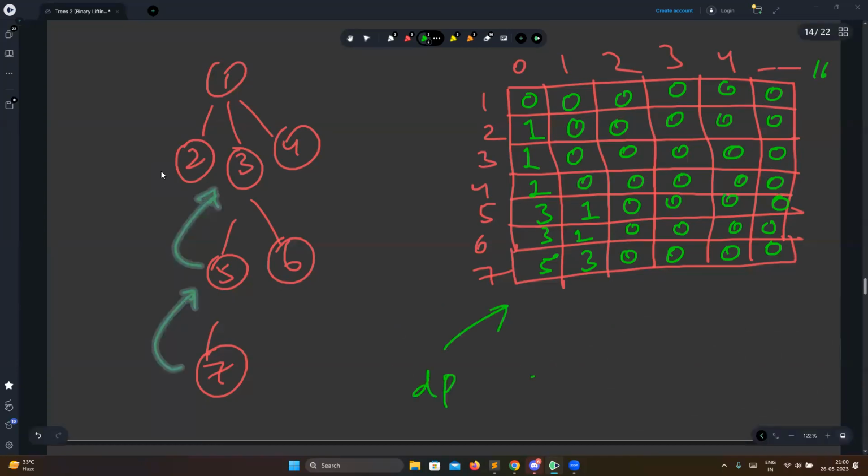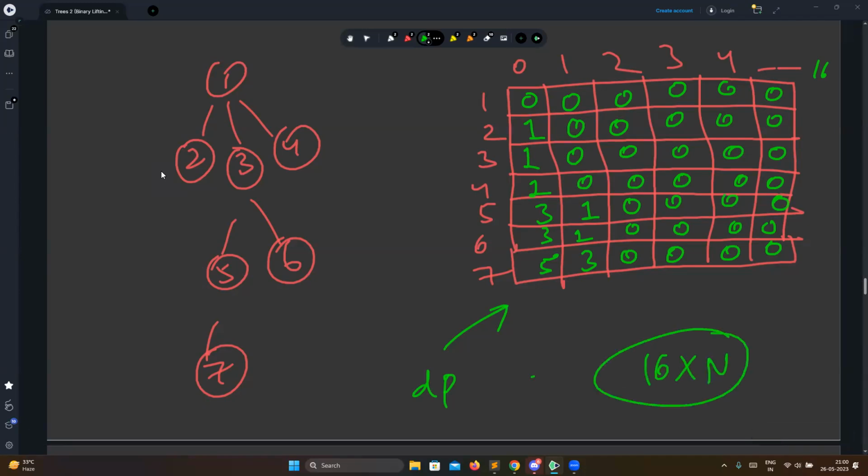And this is how we were able to do DFS, and at every node we will be having 16 extra loops, right? 16 extra loops. So 16 into n will be the time complexity of the DFS, which is approximately order of n only, which means that we were able to compute this whole DP table in order of n only, right? And then you just have to do a run on queue,